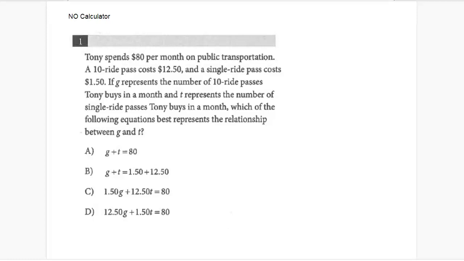All right, number one, Tony spends $80 per month on public transportation. A 10-ride pass costs $12.50. A single ride costs $1.50. G represents 10-ride passes, so we're looking at $12.50 times every 10-ride pass. And then we're going to add to that, T represents the single ride